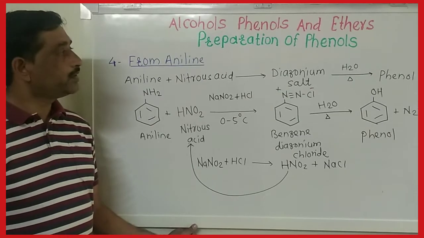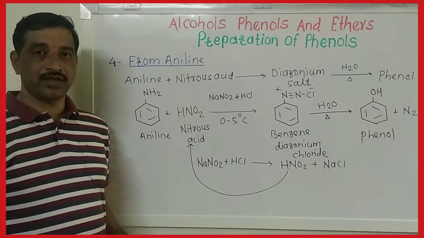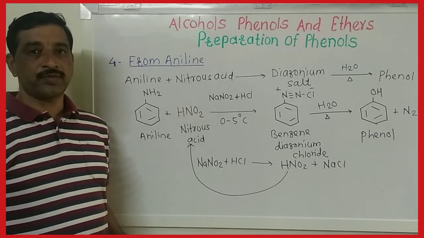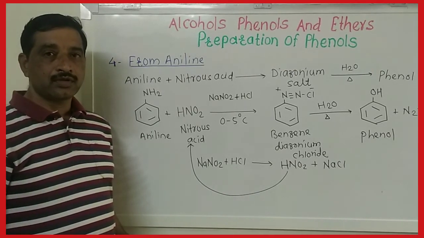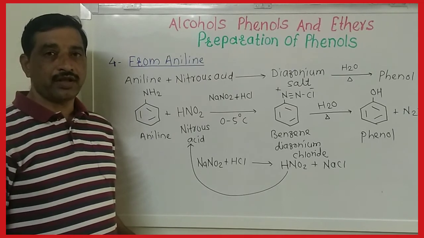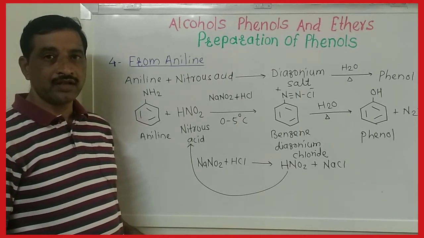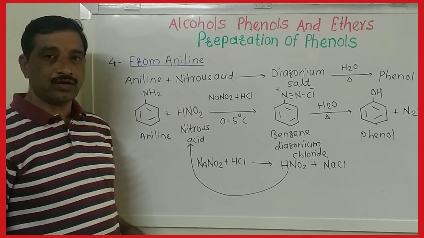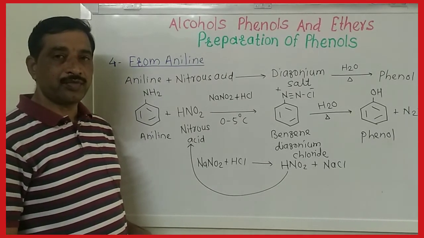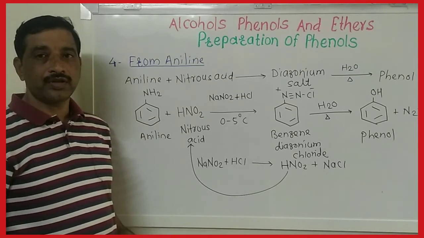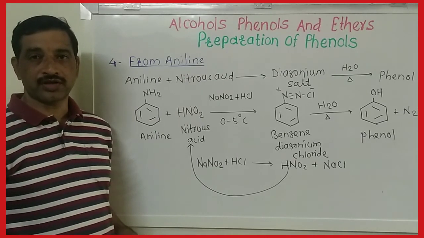So in this way we discussed here the preparation of phenol by 4 different methods. First method is from chlorobenzene. When chlorobenzene is fused with sodium hydroxide under pressure and high temperature, we get phenol. This reaction is known as Dow process. In the second process, we discussed that cumene, that is isopropyl benzene, on oxidation with air gives an intermediate compound, and this intermediate compound is converted into phenol along with the important byproduct, that is acetone, and this method is known as the commercial method of preparation of phenol.